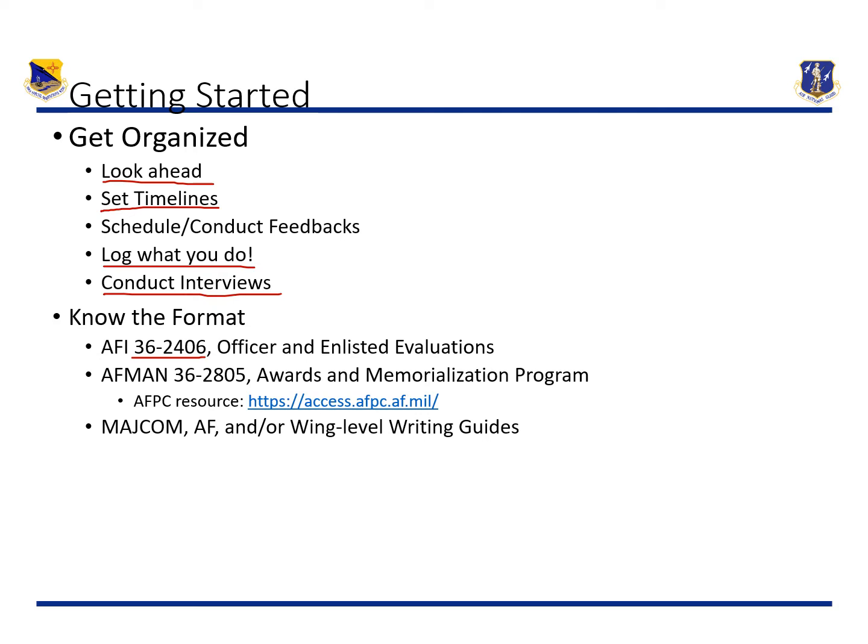Last but not least, you definitely want to make sure that you are aware of restrictions from your leadership when it comes to writing some of these documents. Some organizations, usually more commonly at the wing level, have writing guides which restrict specific acronyms and specific abbreviations. So you definitely want to keep an eye on those so that you don't make a confusing decoration or have your award submission kicked back for simple grammatical problems.